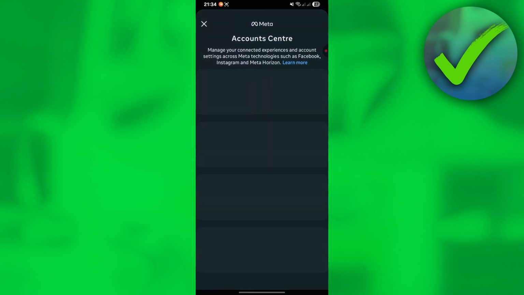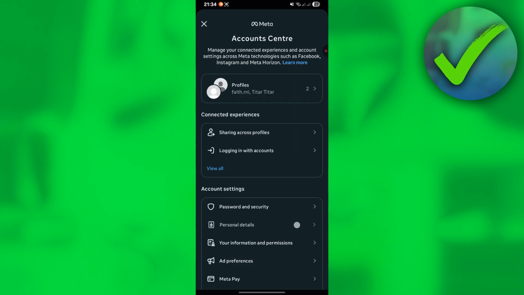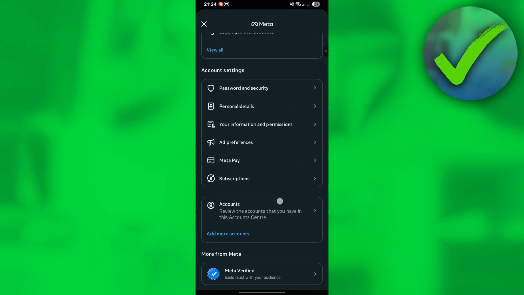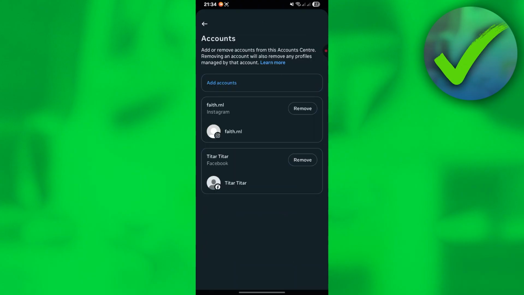Once you click Account Center, the next thing that we need to do is to scroll all the way down right here until you see the account section. So just click account section right there. And then once you're now here, you will now be able to see all of the accounts that are connected to your Instagram account. So since we want to unlink Facebook from our Instagram account, what we're going to do,